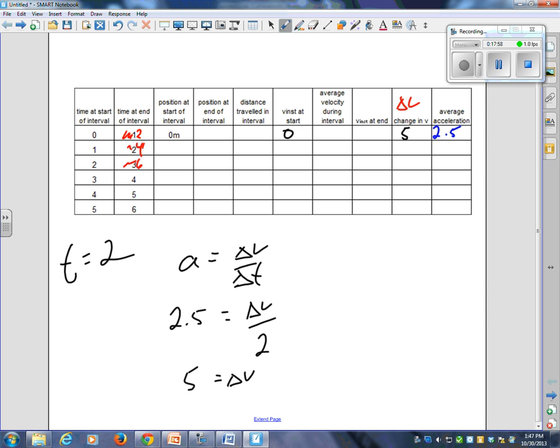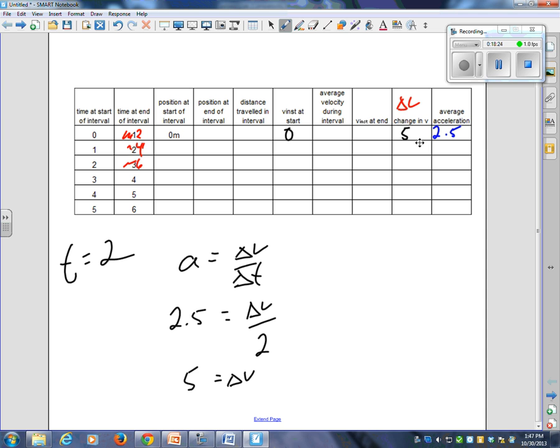However, if I give you a number in there, you might have to be able to deal with that. Like if I put the number 10, I was going to put just because it's easy to fix, right? You're going to have to be able to deal with that. Okay? For now, let's leave it at 0. Now, if the instantaneous velocity at the start is 0, and the change in the velocity is 5, what